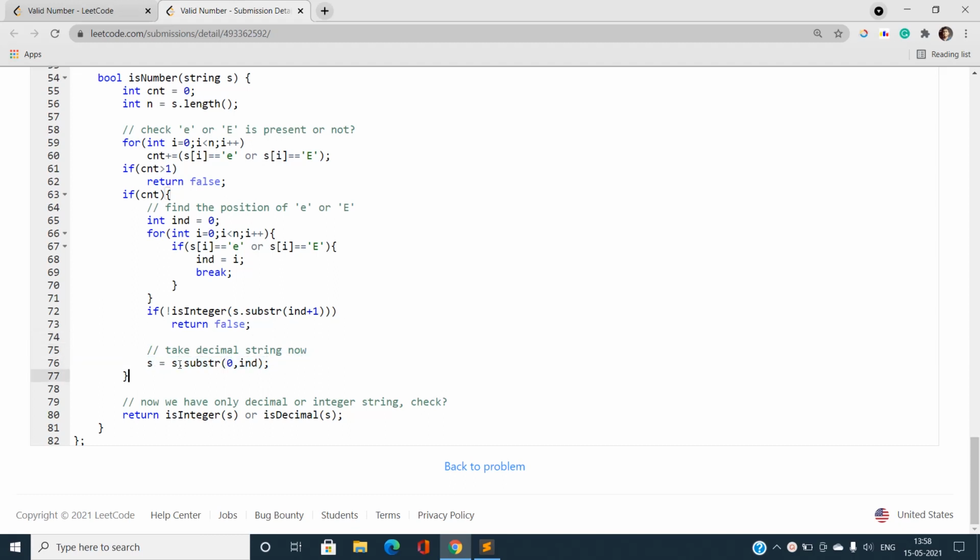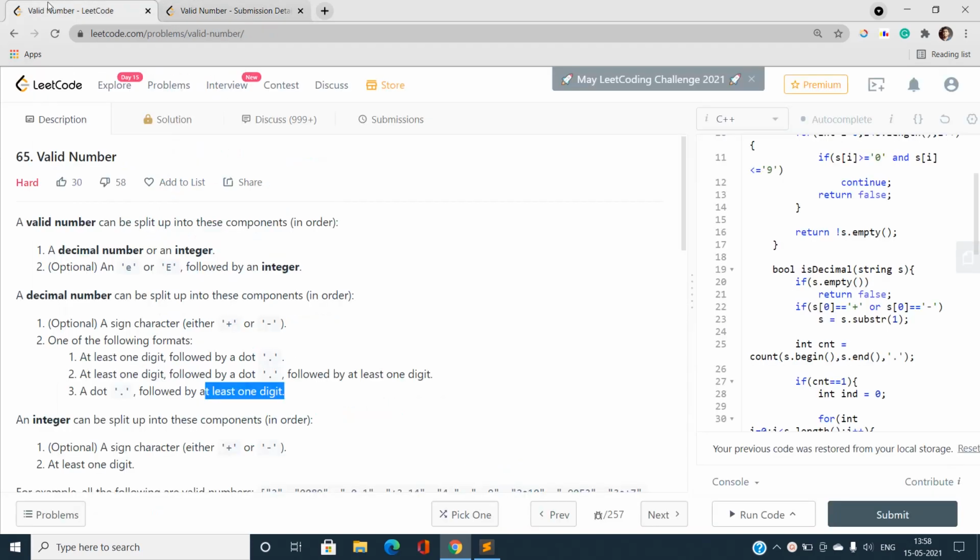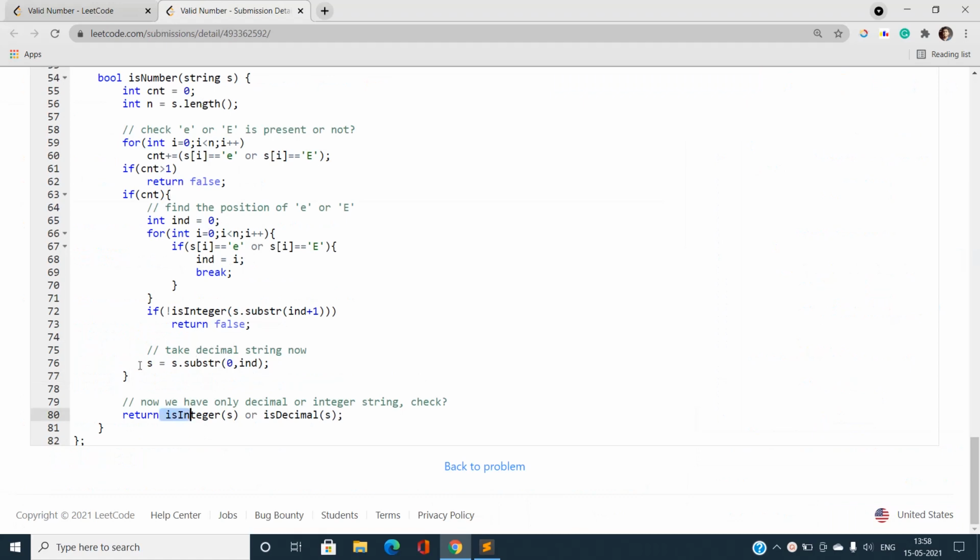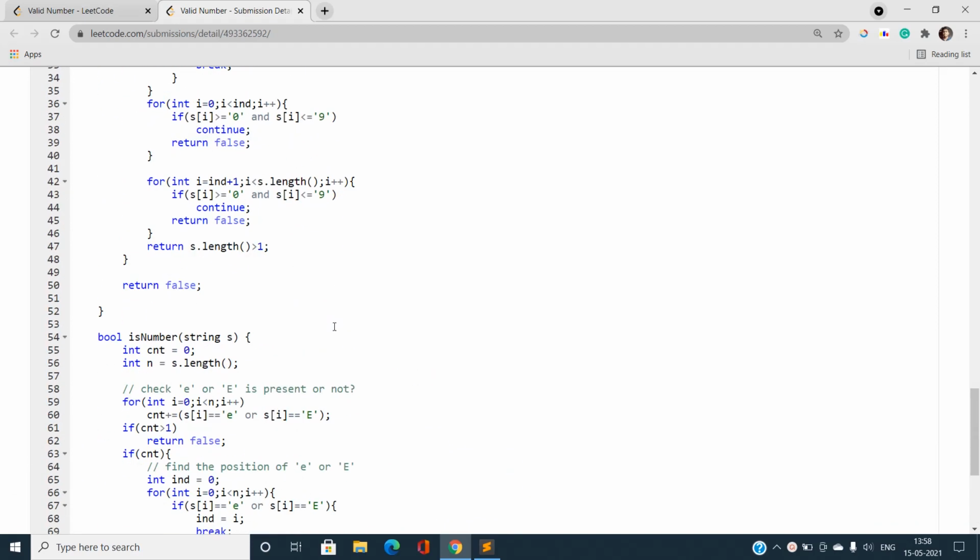The reason is very simple because after that checking condition holds, that is after the position of this e, all the characters are integer, I must check that before that position of e, it should be a decimal number like this one, or an integer. Then after taking that substring, in this case if the count is going to be 1, I will return is integer or is decimal, which is going to return the appropriate boolean result. So do whatever is asked in this problem and you will get the AC verdict.